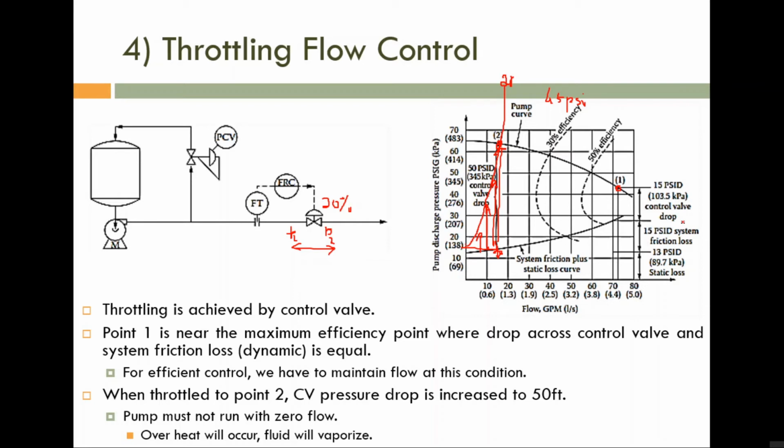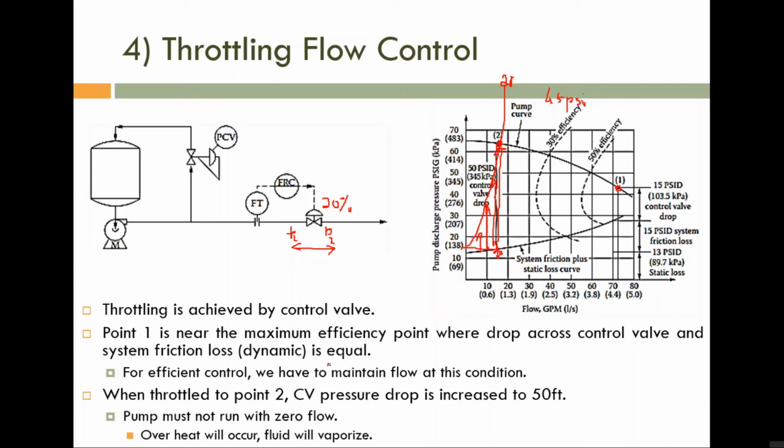It means the pressure drop across the control valve, or the removal of the discharge pressure provided by the pump due to the control valve, is very large compared to the friction loss. So definitely efficiency will decrease due to this control valve, definitely. That is not a problem because we are forced to use the control valve to reduce the flow rate. But it's a disadvantage if you are using a control valve.